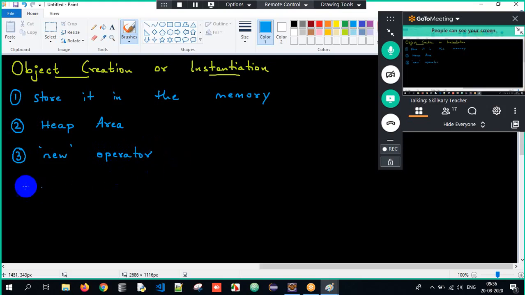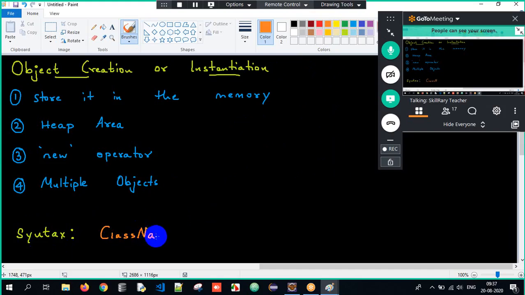Clear? And then for one class, objects are created for a class, and we can create multiple objects for a respective class here. All this would go over your head, because I'm just doing it in a theoretical way. But if I explain practically, you will understand. So let me talk about the syntax of creating an object. In order to create an object, we have to write the class name, then the object reference name,